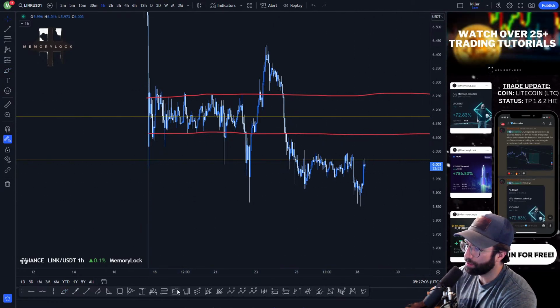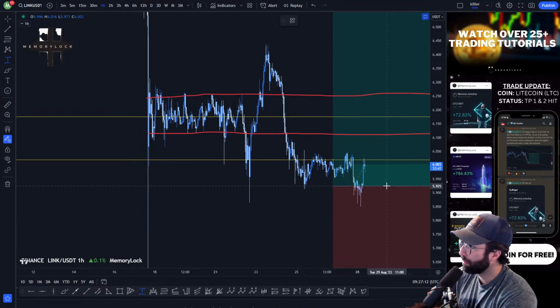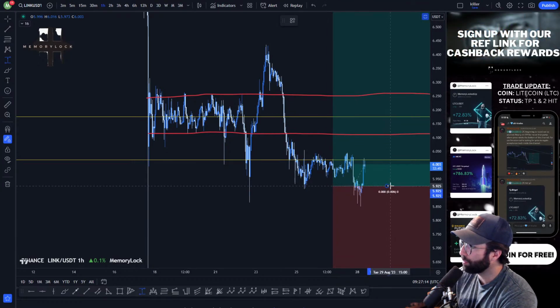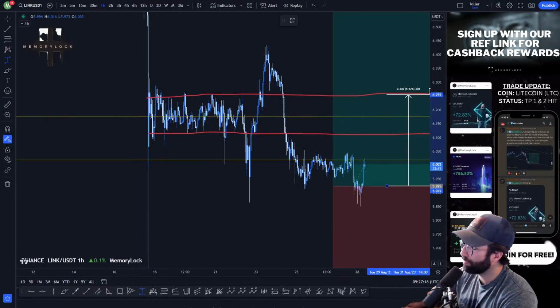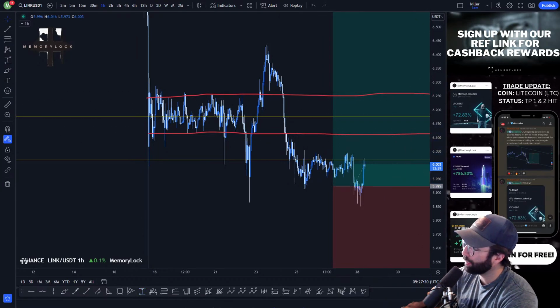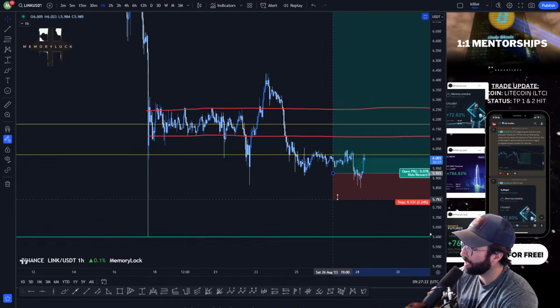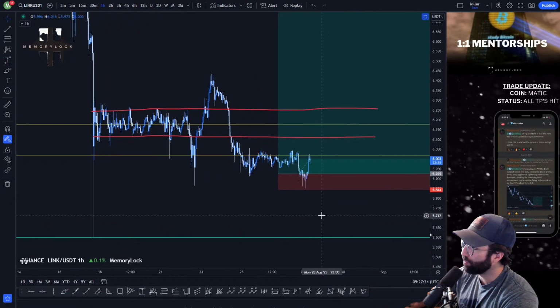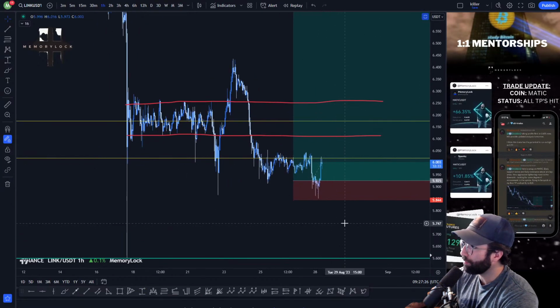And again, let's really understand what kind of a move that is. My long position, I think my entry might even be better than that, but that's a 4 to 5% move. I mean, that's great. I would love to see something like that. Again, on Link, I've moved my stop up to here.